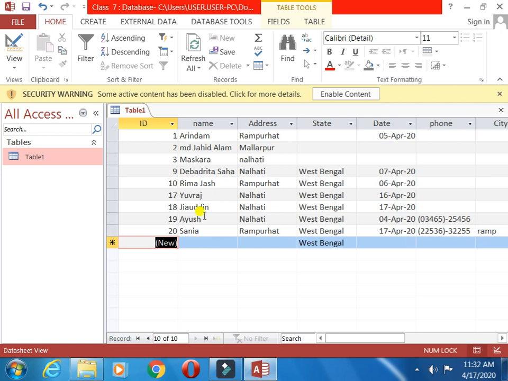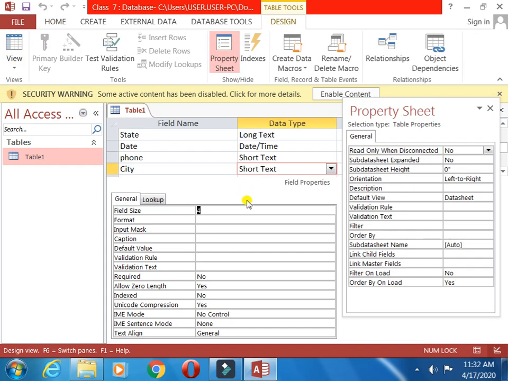I hope you understood. So where did we do these things? View, design view, only the field size I have changed. Field size I have mentioned, only how many characters you can allow. I have mentioned 4 here, which means only 4. You can give the permission, you can give the order, only 5, or 2, or 6, like this. Okay, very good. Now one more field I will add here.